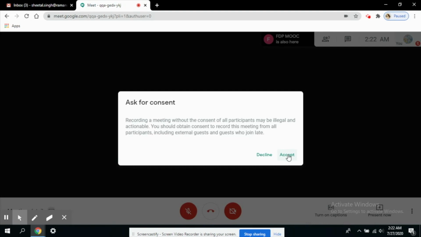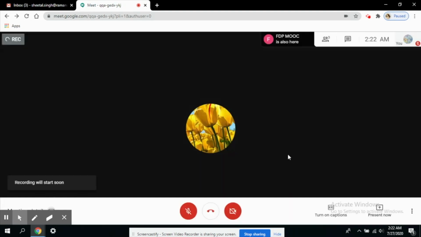All right, I am accepting it, and now you can see a notification that recording will start soon, and the recording button will be visible here as soon as the recording starts. The red button shows the screen is being recorded. As you can see, the recording is on now, and this red button signifies that the meeting is being recorded.